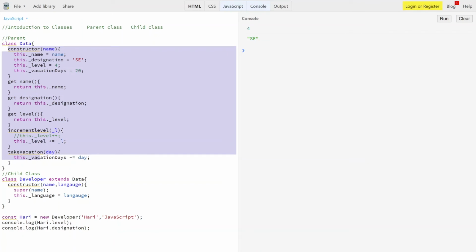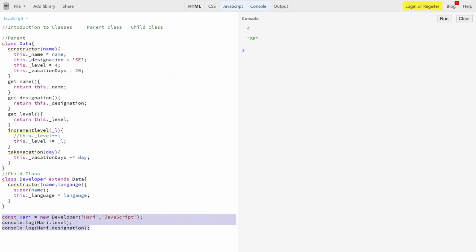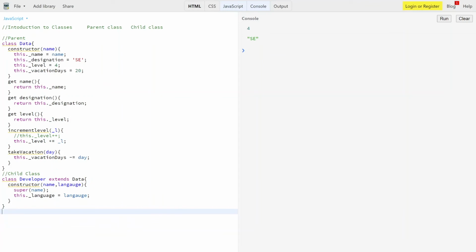when we use the extends keyword over here. In addition to the inheritance feature, the child class can also own its properties, its getters, its setters, and the methods themselves. Say I'm creating one more thing over here. Let me pull this out.